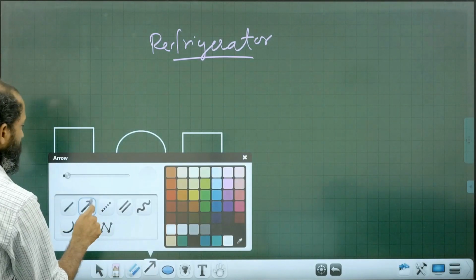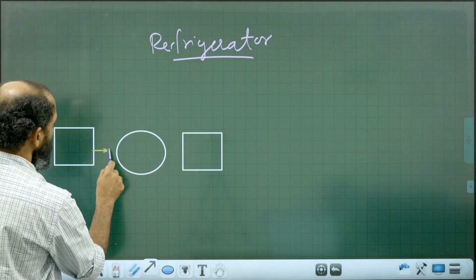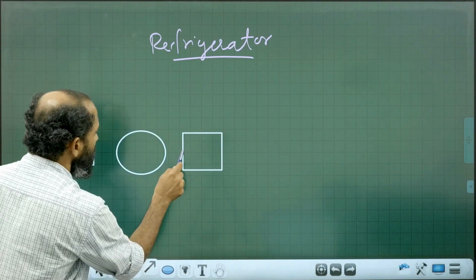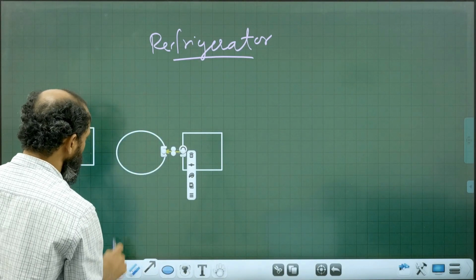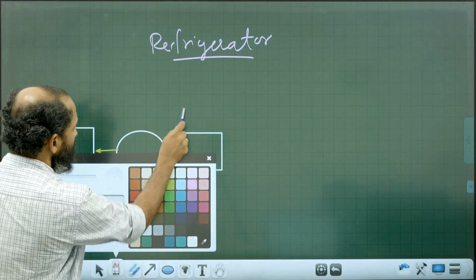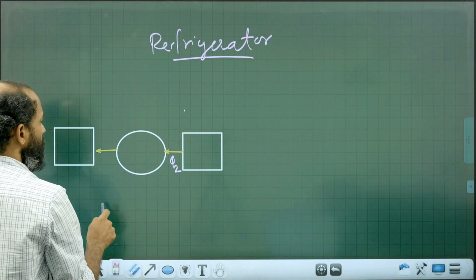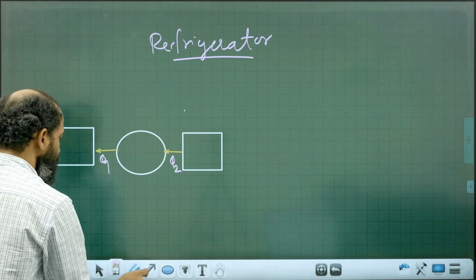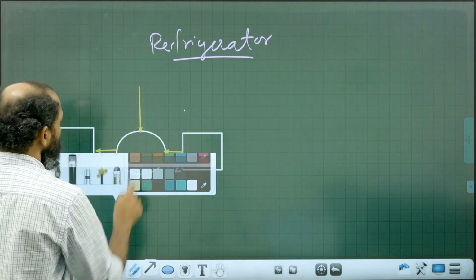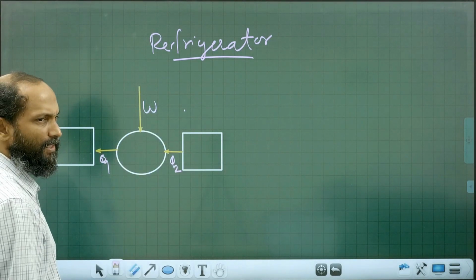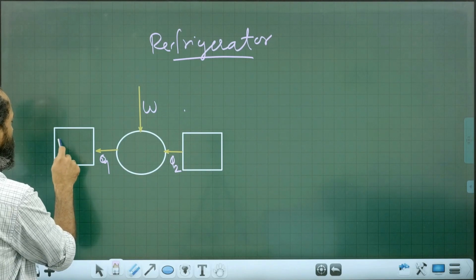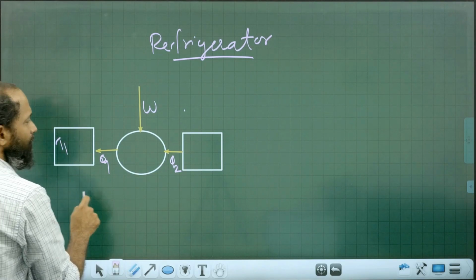If the amount of heat extracted at the cold reservoir is Q2, rejected at the hot reservoir is Q1, then W is the work performed. See, everything is reversed. Here T1 is the higher temperature reservoir,